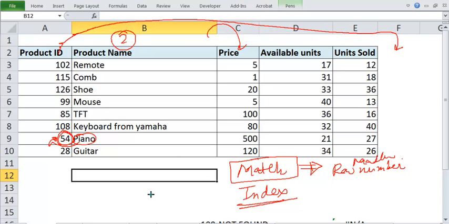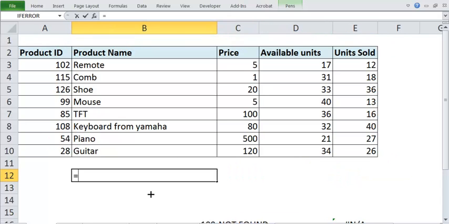As an example, suppose I want to know piano, I will say match. Lookup value is piano. And you have to tell which is your lookup array. Please note that our lookup array is this. From remote to guitar, or you can also put, let's say, from product name to guitar, whatever way you want, that is your array.